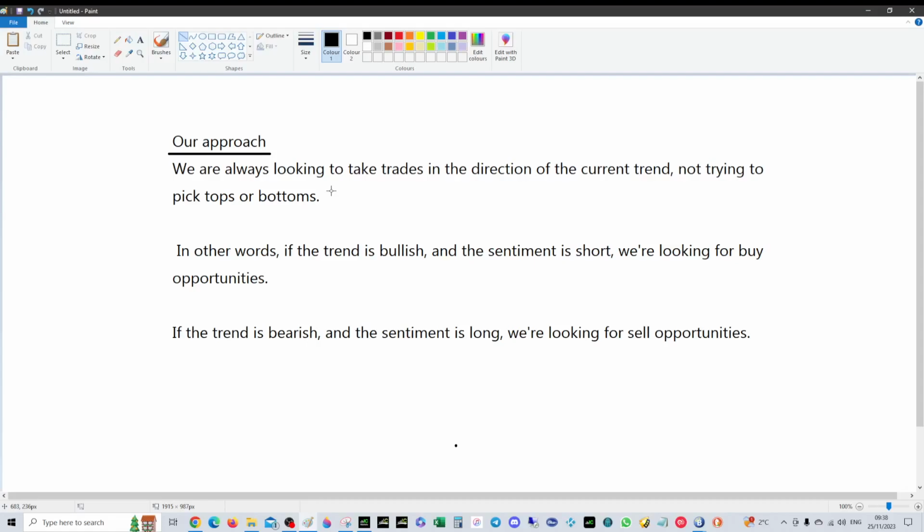Now, what we need to do is primarily identify the trend, avoid the sideways nonsense, and then you're looking for the sentiment to add to that bias. This is what we'll do in the QuasiDB service. So basically, let's identify the trend, and then we're going to look to add the sentiment on top. So let's look at the